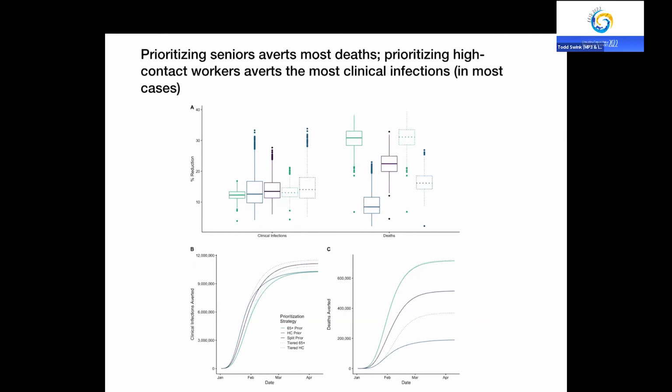And because initially, at least, there was a great deal of uncertainty about some of these parameter values and efficacy of the vaccine, and probability of mortality given vaccination and so on. So there's some sensitivity in how the outcomes relate to the strategies. But in general, across most of our simulations and choice of parameter values, we do find that prioritizing high contact workers does avert the most clinical infections, but prioritizing seniors across almost all parameter combinations averts the